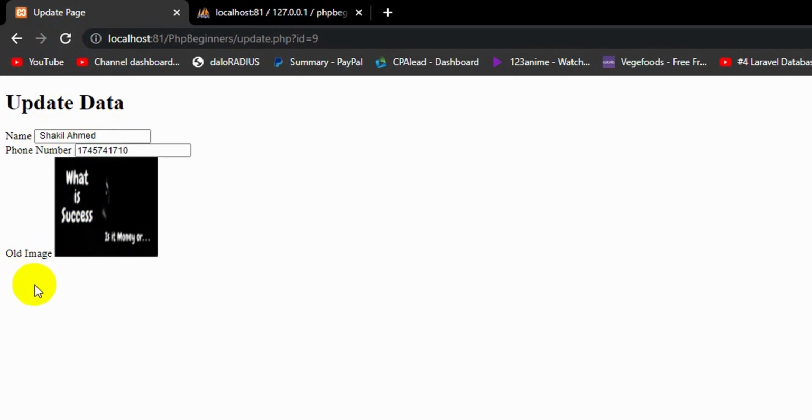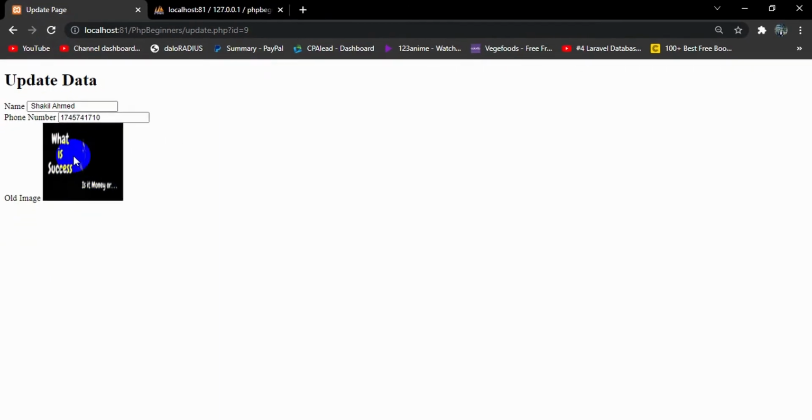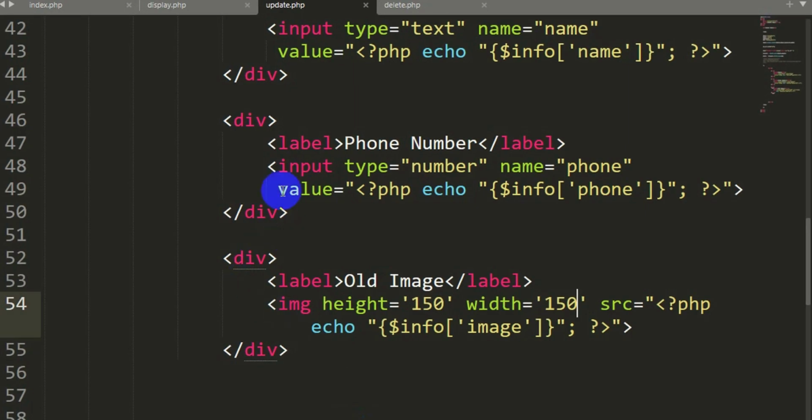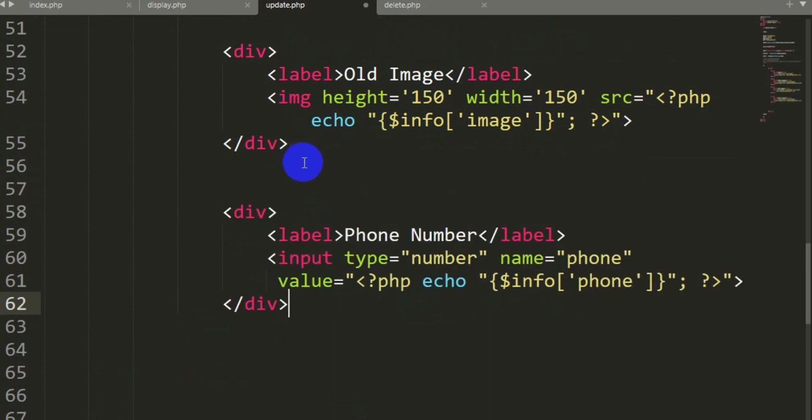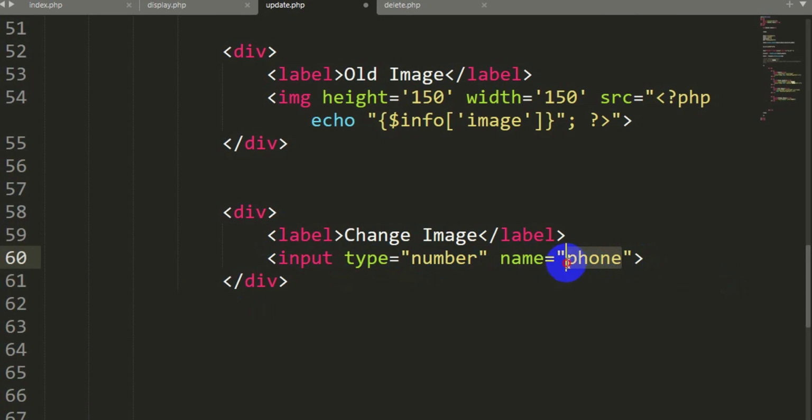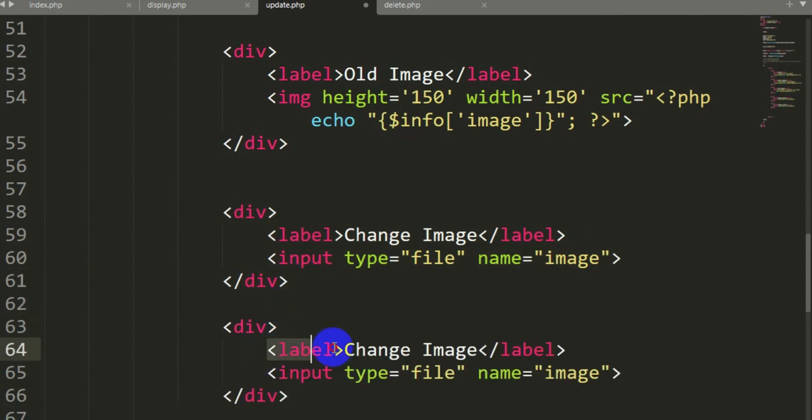So right now we want another input field so that we can change the image. So here let me just copy this div, Control C, and here we are going to paste it over here. So here we are going to say change image, and we are going to remove this value from here, and here name is equal to, let's say it will be image, and the type will be file, because we want to upload an image, so the type will obviously be file. And let me just copy this one, paste it over here, and the last one will be our